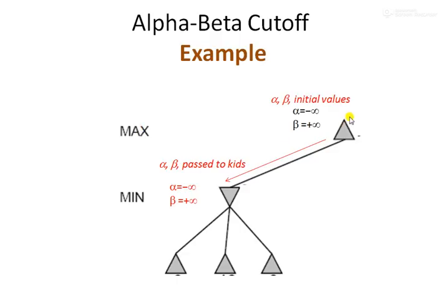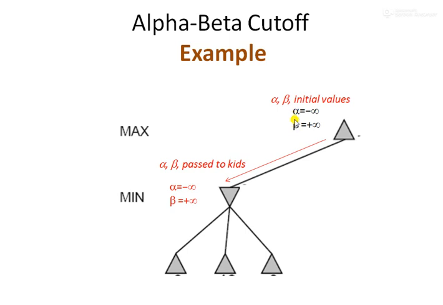So for understanding this alpha beta cutoff, let us go through one example. Let us consider that in a particular position for max we want to apply the alpha beta cutoff. In this position max has one possible move, right? Initially the alpha value is assigned minus infinity, that is the worst case value, and the beta value is assigned positive infinity, like in MiniMax, because in MiniMax only we are going to apply the alpha beta cutoff, right?